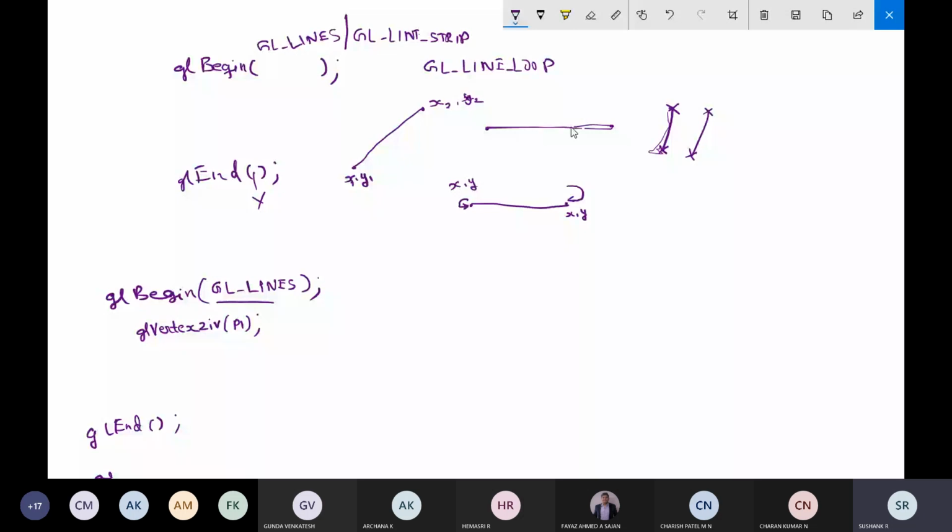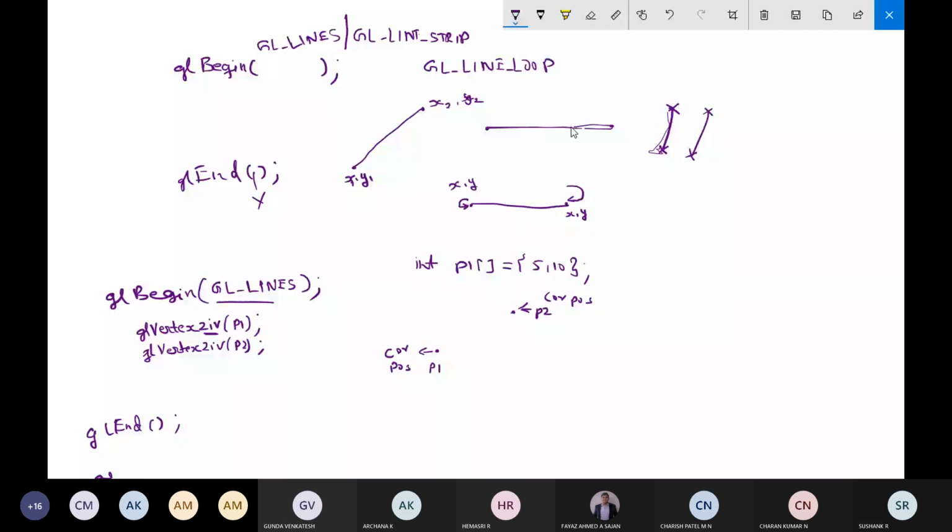You know that we are following the vector system. Somewhere I would have defined point p1 with some value. So if I write glVertex with p1, and then glVertex with p2, first it will calculate the coordinate position of point p1. After this, it will calculate the coordinate position of p2.